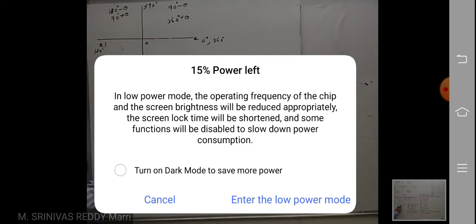Look at 120 degrees. I have written 180 minus 60. In which form is it? 180 minus theta, which is in quadrant 2. Now if sine is there, write sine theta. If cos is there, write cos theta. Here you have to write positive or negative. In the second quadrant the sign is positive, so plus sine theta. Theta is 60 degrees, and that value is root 3 by 2.